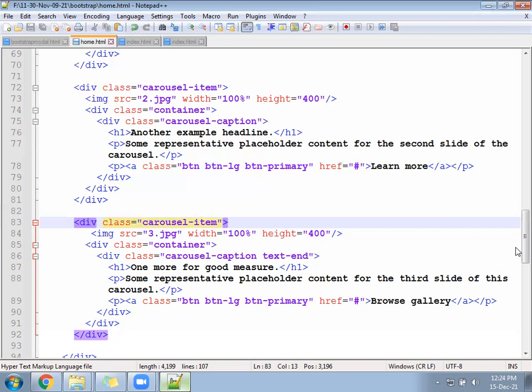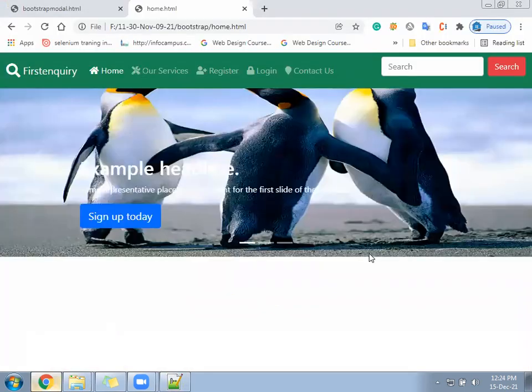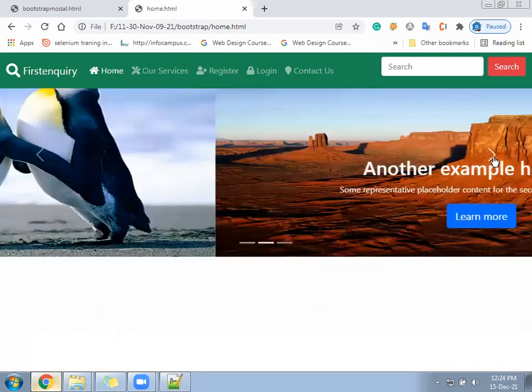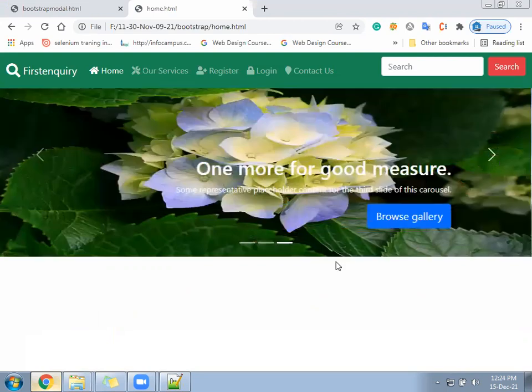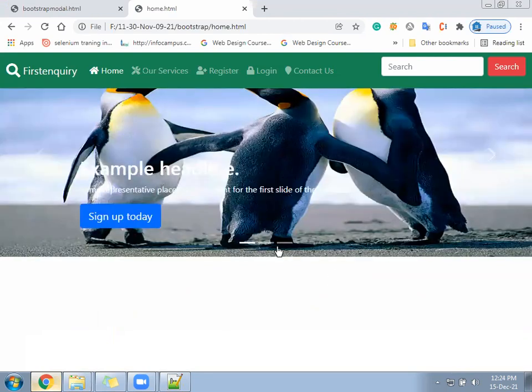So hope 3 photos are coming and your page will look like this. Automatically the banner is also moving. If you click it will also move. If you don't click, it will still move after a certain number of seconds.